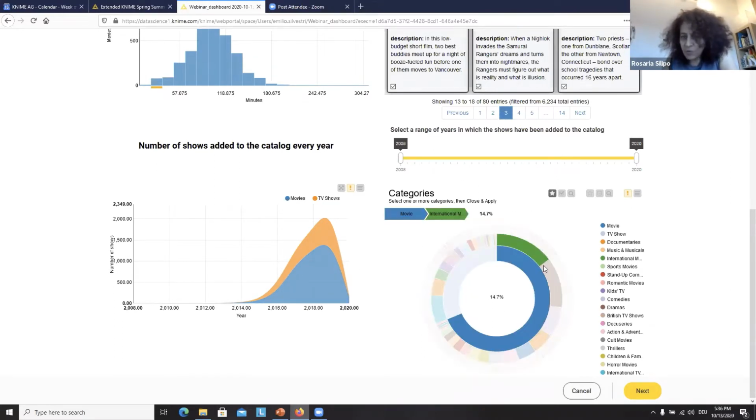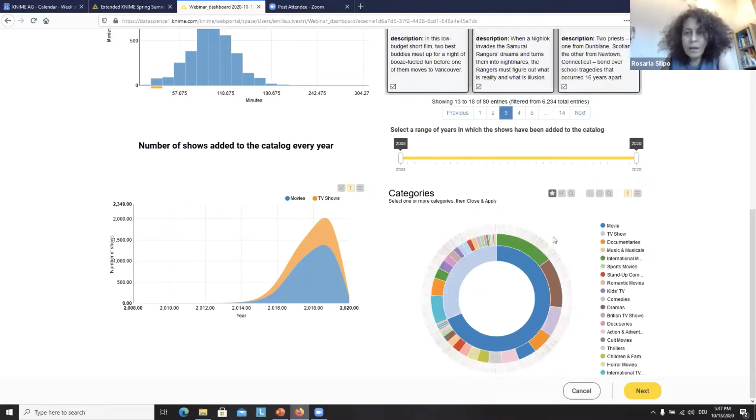This is a sunburst chart. Sunburst chart is an interesting way to visualize multidimensional data. So here it divides between TV shows and movies. And then if you take the movies, you have the different categories, right? International, drama, comedies, documentaries, and so on, right? And then let's say you choose drama, you can see those are the movies that are included in the drama